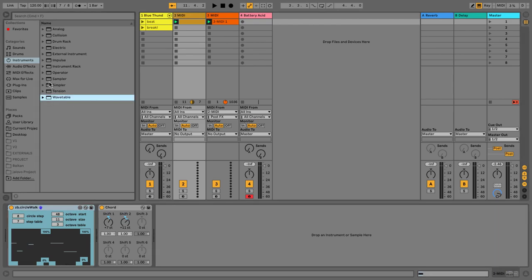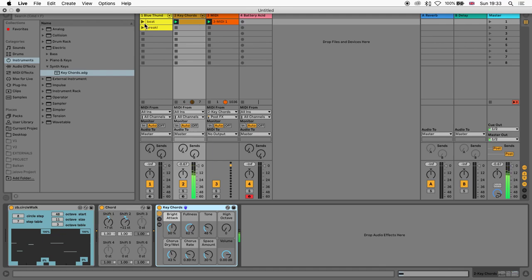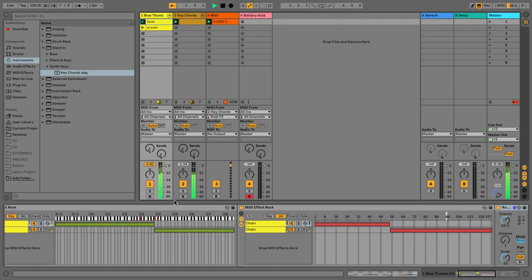Let's see what are the other things here. Electric. Okay, we'll definitely find some polyphonic stuff there. Okay, so let's say this is acceptable. Let's see what it does with this beat. Okay, so